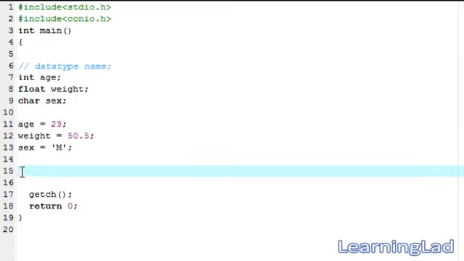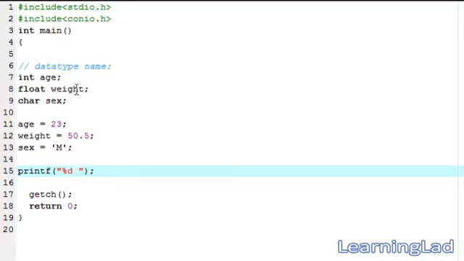So the last thing we want to do in this tutorial is we just want to print out the values stored in these variables. So that's why we're going to use the printf statement. And in printf statement we're going to use the format specifier which specifies the type of data is referenced. So first we want to print the data or value stored in this age variable. So that's why this age is of type integer. We have to write the format specifier as %d, then leave a space,